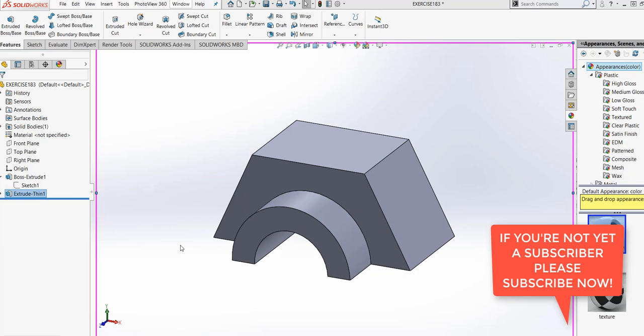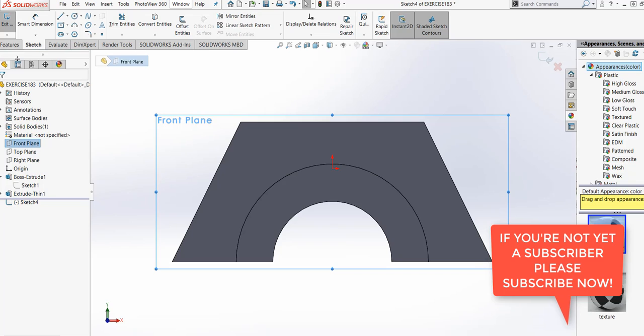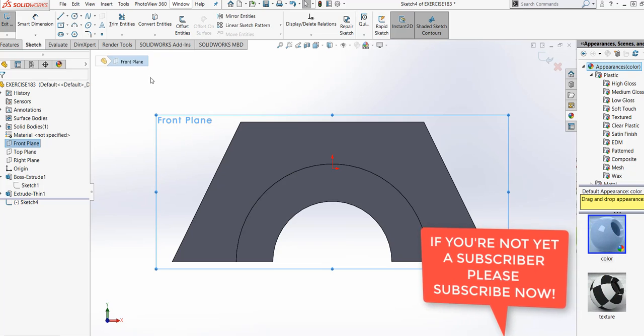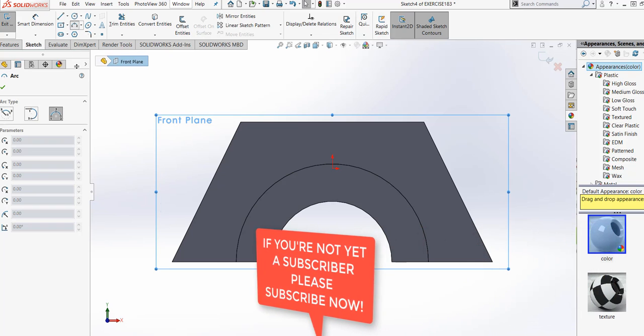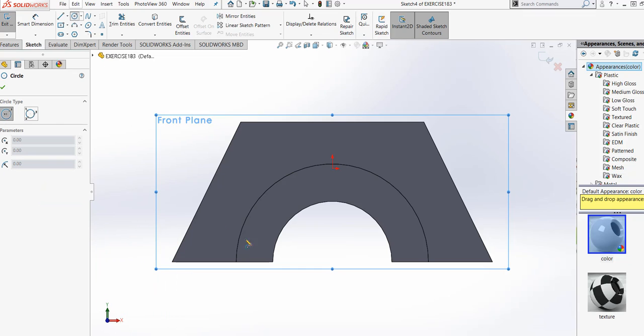Let's continue. I wanted to make a drawing again on the front plane. Sketch. Okay. Let's do some circle.